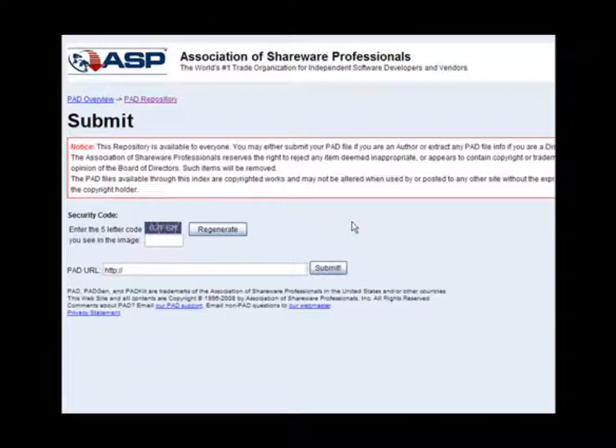So you'll need to put in the URL of your pad file, and if you remember, you added your pad file to www.yourwebsite.com/toolbar/pad.xml. So that's what you'll enter in the box here. And I'm going to enter in my website name, since that's where I uploaded my pad file. And you, of course, should use your website name,